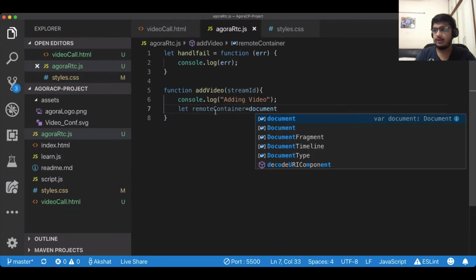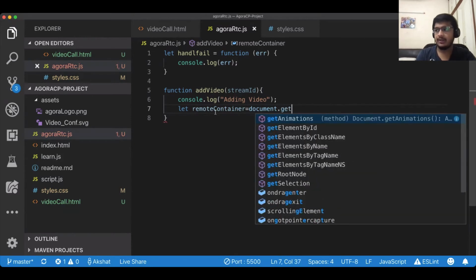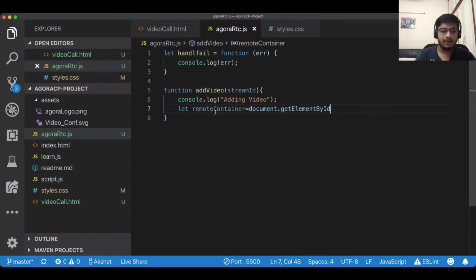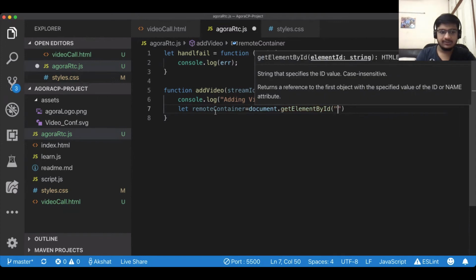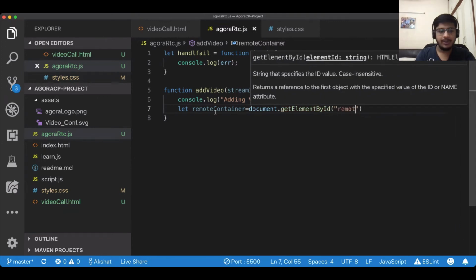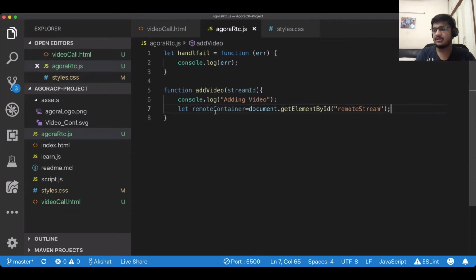So I'll use document dot getElement. These are basic DOM functions. So remote stream, I'm just accessing the ID remote stream. That is the division which I had made below, which was there at the bottom on the right pane. So I'm accessing that using this remote container. I'm assigning it to this remote container now.